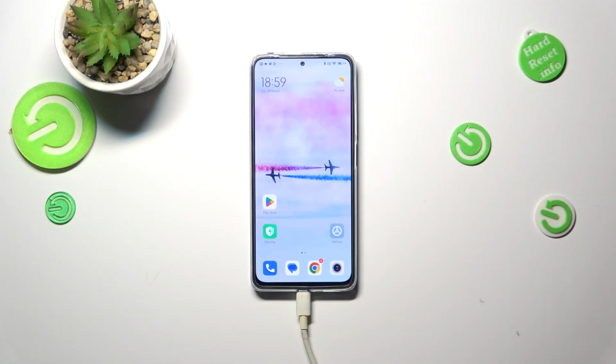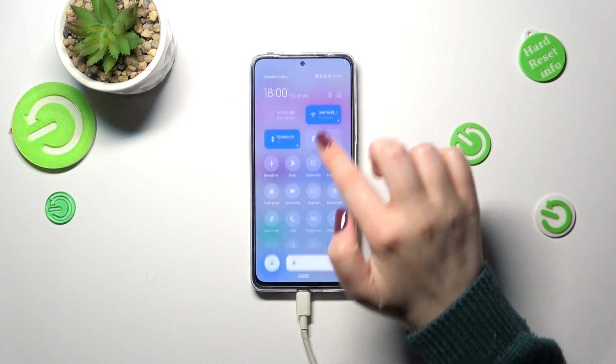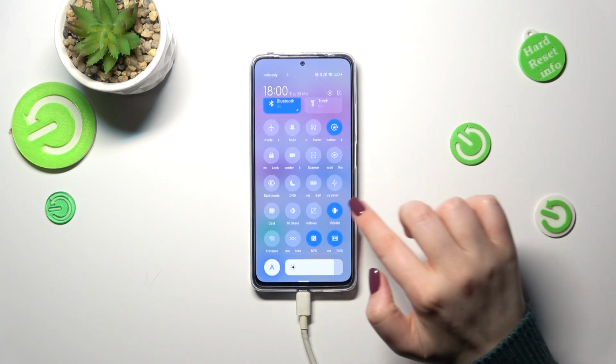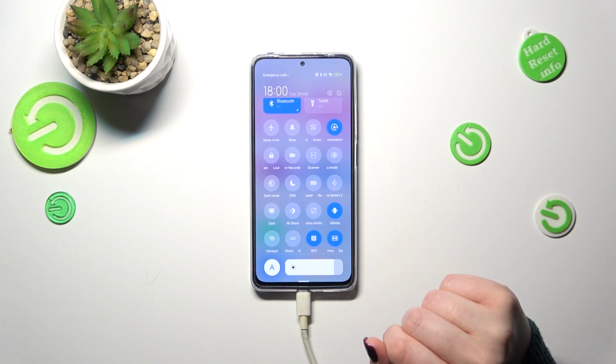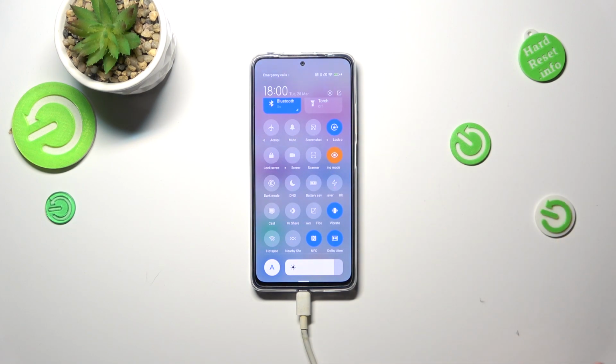So let's start with a shortcut, because if you are not the person who likes to customize or personalize some features, then I think the shortcut will be enough for you. In order to quickly turn on the eye comfort mode, we have to unroll the top bar and find the Reading mode, because the Reading mode is basically the name of the eye comfort mode. So just tap on this eye icon and the screen will